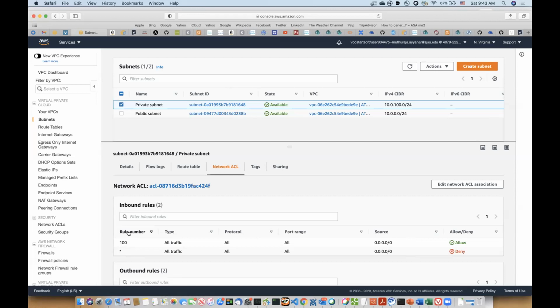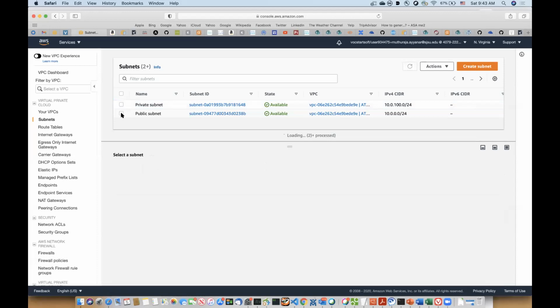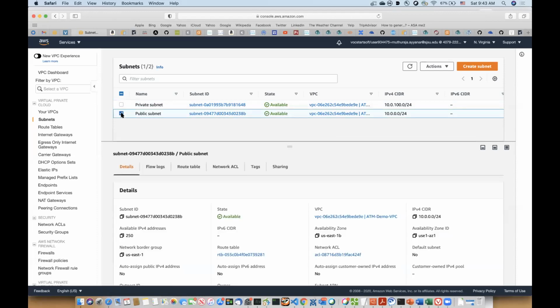So the ACE or the rule number can start from 1 all the way to 65K, I think. So the first rule allows everything. That's the default property of NACL. By default, it allows everything, which is not the case for the security group. We'll see that. So now I'm going to just toggle that, and let's quickly look at the public subnet, and